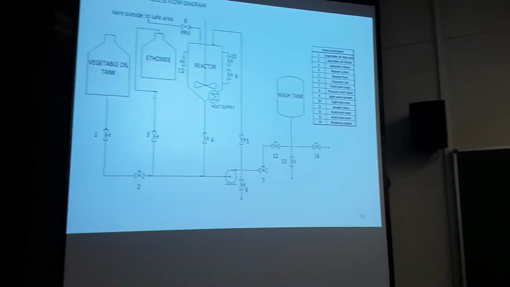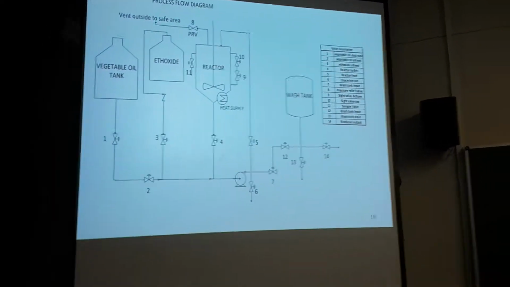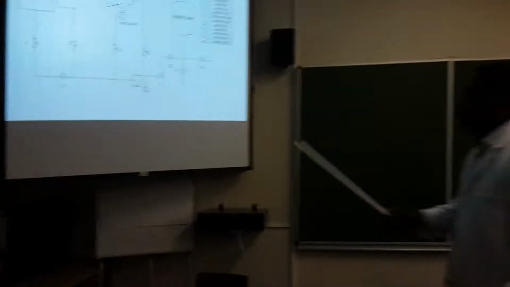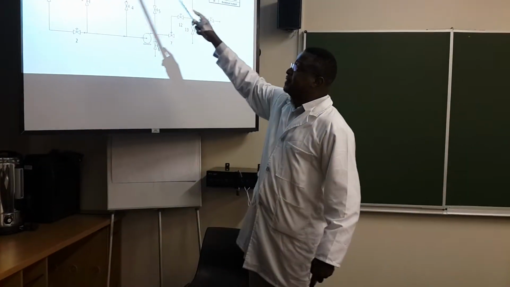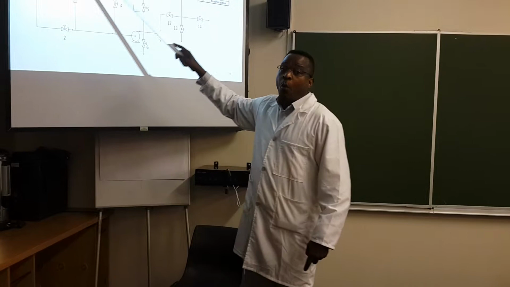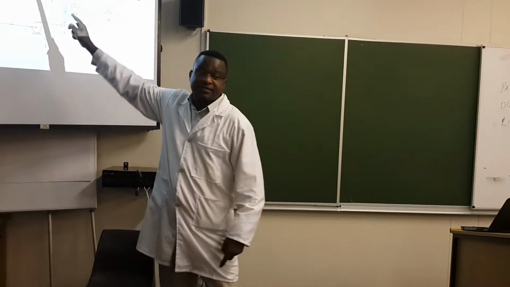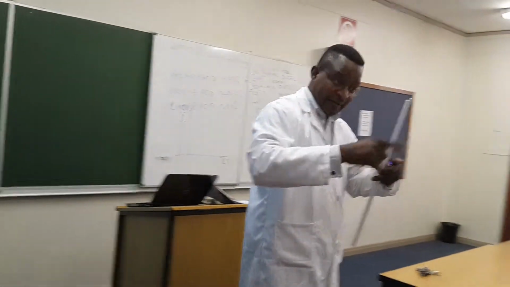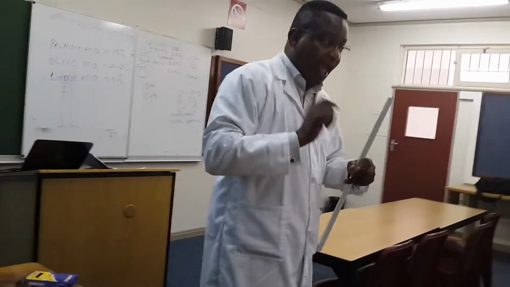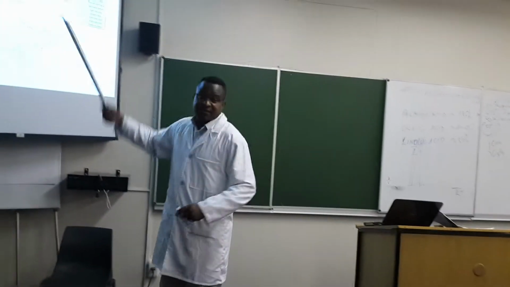So basically, because of your reports, your P2 reports, you should be able to develop a process flow diagram that looks like this one, where you need to tell us what should be the size of this reactor and what should be the diameter, that's the inner diameter, and you need to suggest to us what kind of heating process,